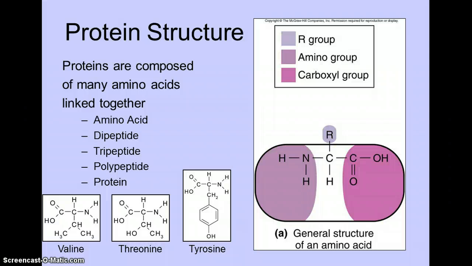Now that we've talked about the fact that amino acids can be strung together to make long chains, we can talk about some of the terms on this slide. A peptide is a chain of amino acids that's hooked together. More specifically, a dipeptide is 2 amino acids that are attached to each other. A tripeptide then is a molecule composed of 3 amino acids hooked together. Poly means many, so a polypeptide is a long chain that may consist of dozens of amino acids hooked together, and a protein is a very long chain of amino acids that may consist of hundreds of amino acids that